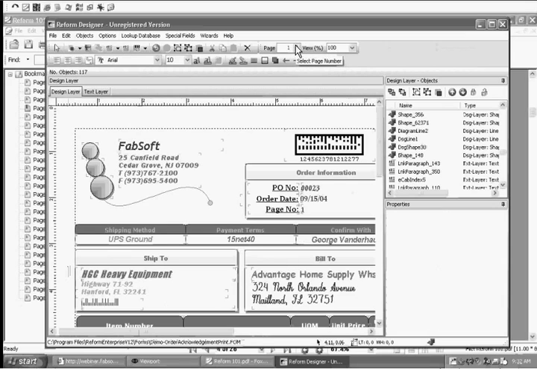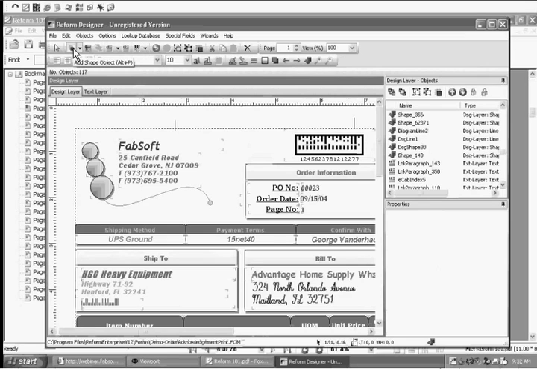Now, if I wanted to add something else to this overlay, I could simply do that by using the toolbar at the top of the screen here. You have the ability to add shapes, images, text, as well as barcodes. So if I want to add a shape, I could just click on this down arrow here and select the type of shape that I want to add. So if I want to add just a polygon,